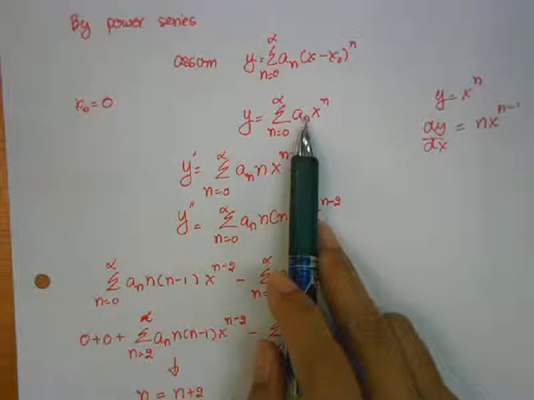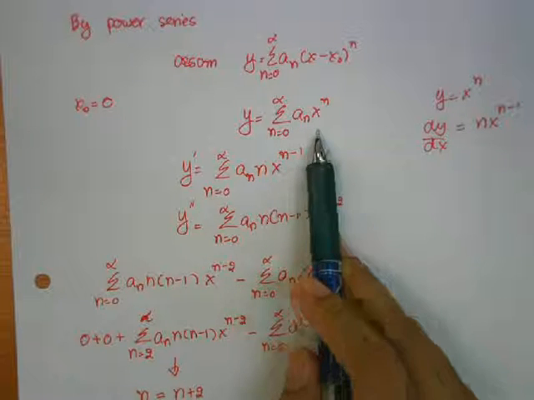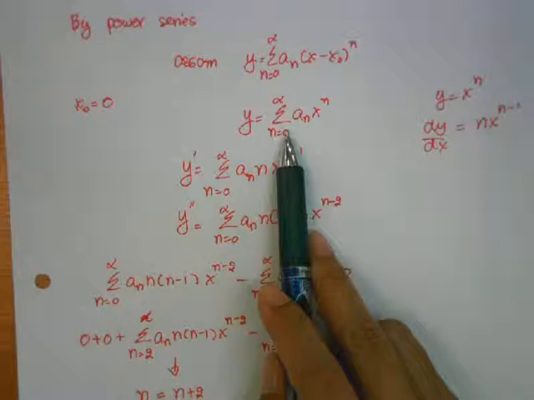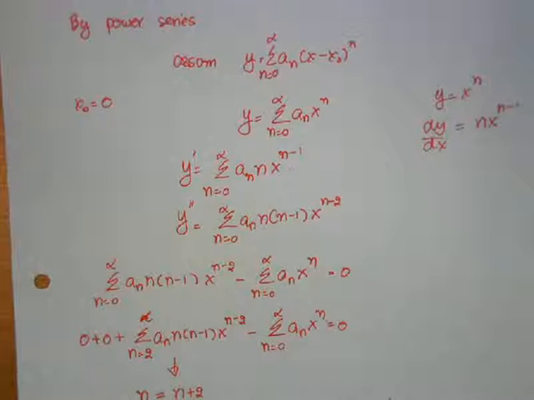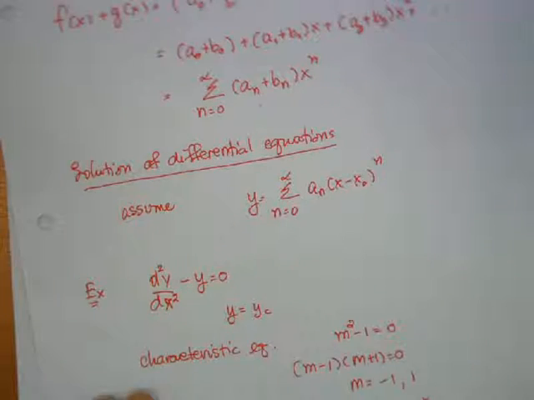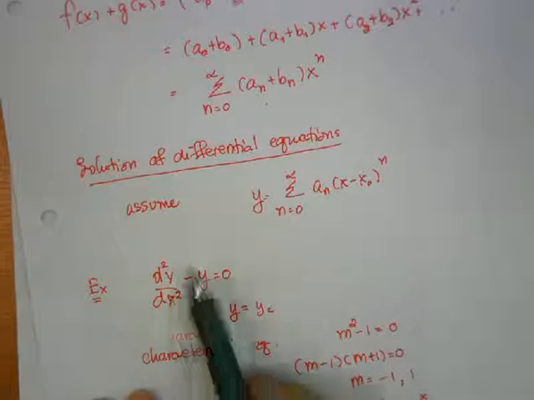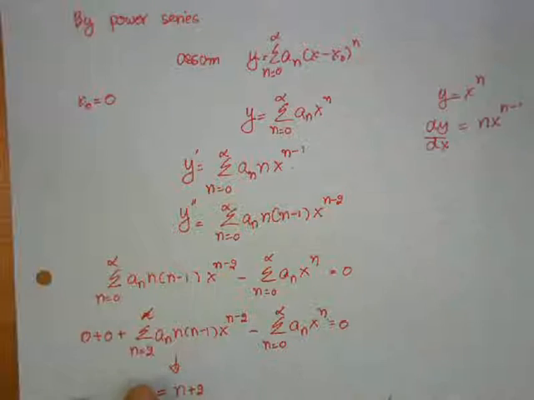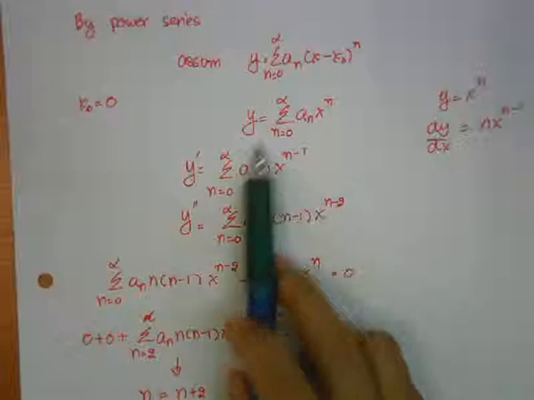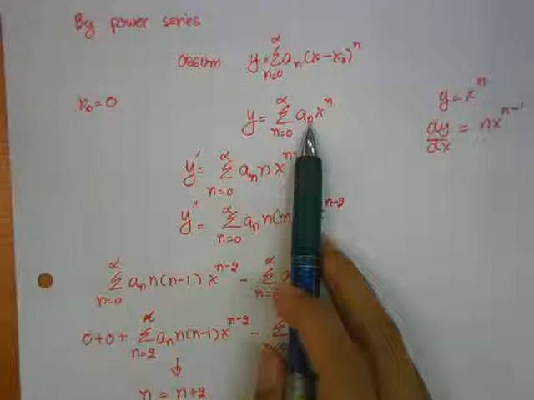Because this y is the solution of this differential equation, if I want to find y, I have to put y back into my differential equation. My differential equation says that you have to take the derivative of y two times. So I do the first time. The first derivative of y